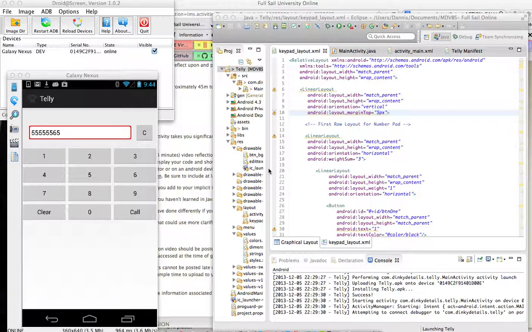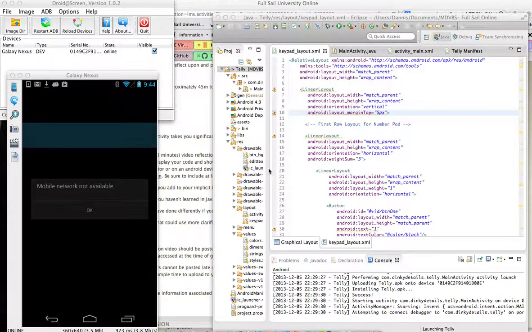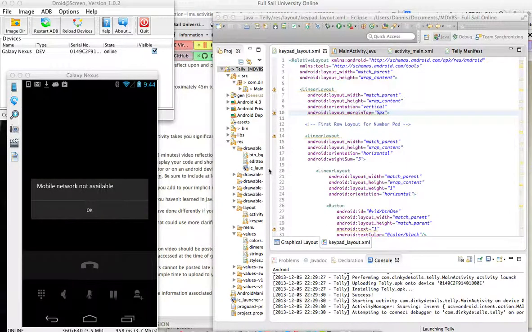But I can put numbers in. If I hit clear, it'll clear it out. And we could just put some more numbers in here. Whatever number that is, if I hit call, the phone's dead, so it's not going to actually call that number, but it actually makes the call.